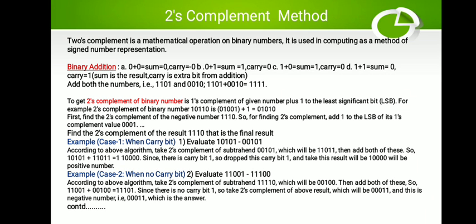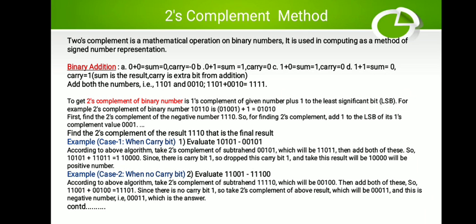Now there are some examples shown with analysis of how to comment on the result when we carry out subtraction using the 2's complement of the number. Basically, complement means what? In the complement method, let it be 1's complement or 2's complement, you have to carry out the subtraction, but you obtain the subtraction by an alternative addition method.